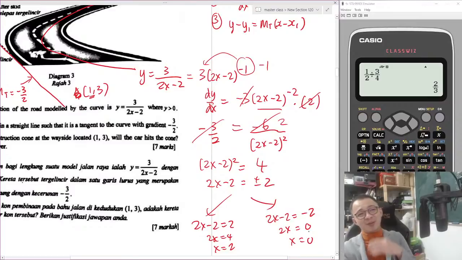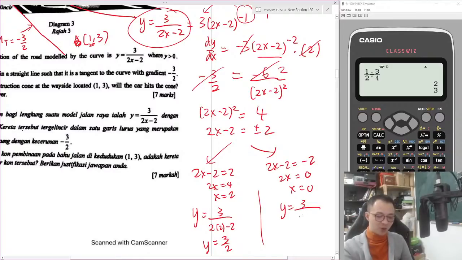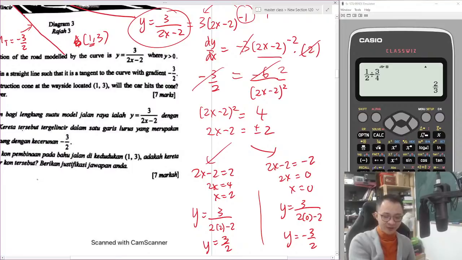Alright, so right now I have two possible tangent points. I need to use both of them to form the equation. I want to find y also because I need a coordinate. So y equals 3 over, I sub x back into the curve equation, 2 times 2 minus 2. So this is 3 over 2. And for the other, y equals 3 over 2 times 0 minus 2, so y equals negative 3 over 2. So right now I have two coordinates here. The first coordinate is (2, 3 over 2). The second coordinate is (0,